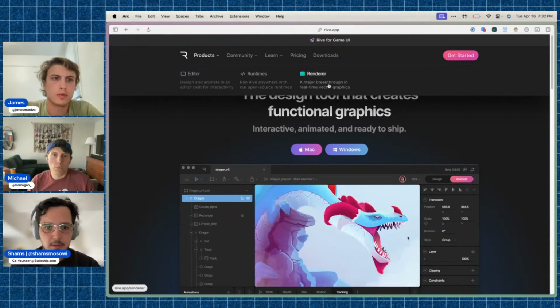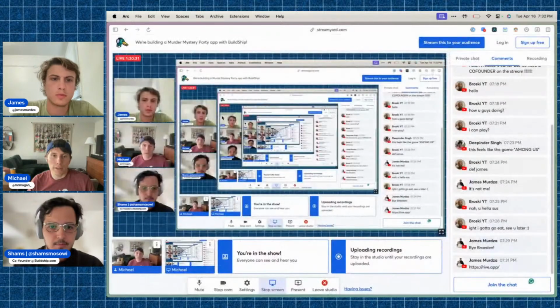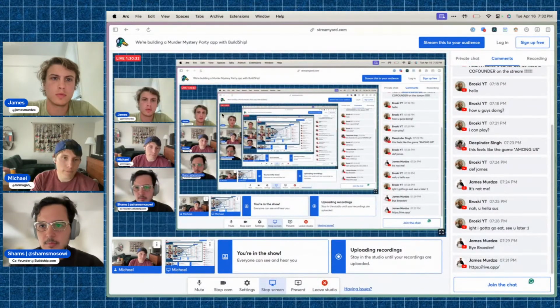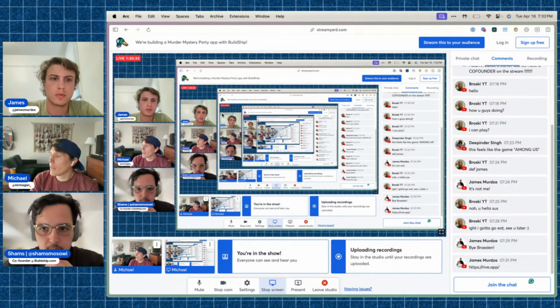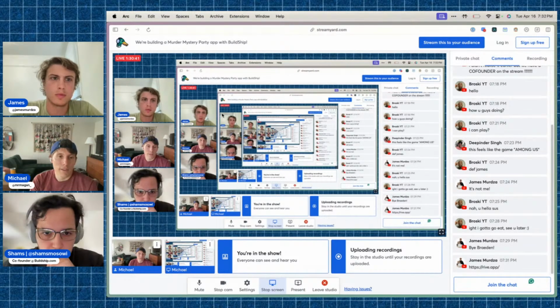So what does it generate? Does it generate a React component, or what is it? I think it's just a canvas. It generates a canvas that you embed, and then we put it in as an iframe.